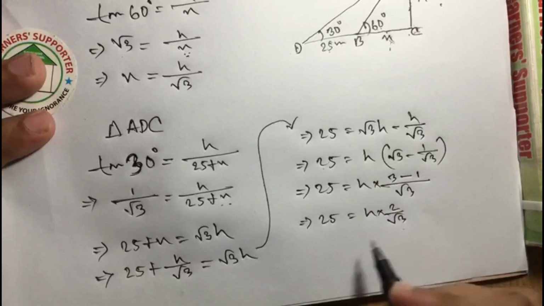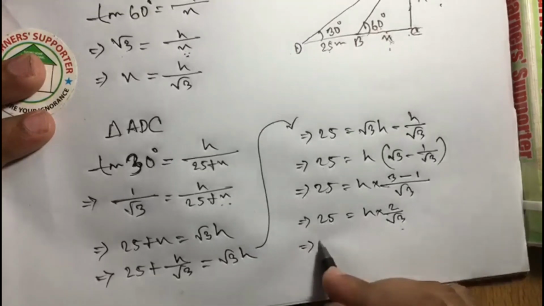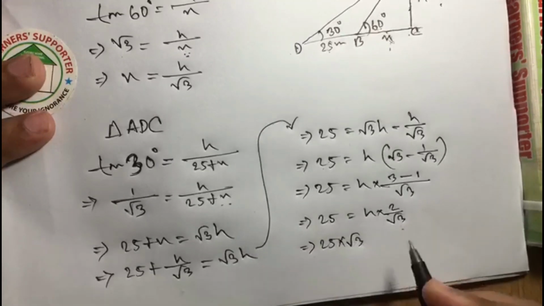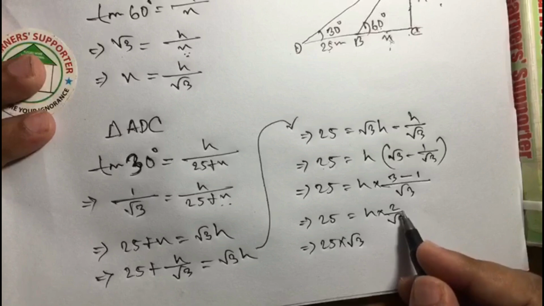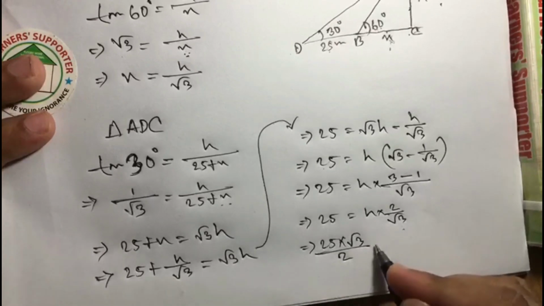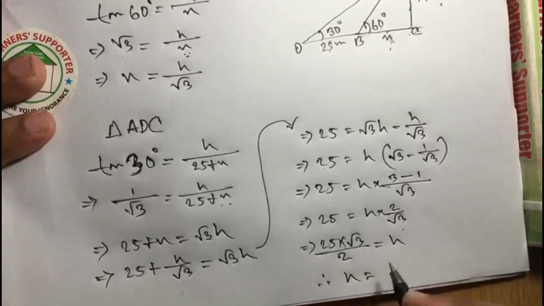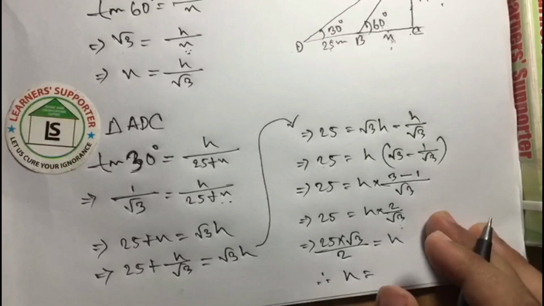If I transfer the root 3 to the left side, it is in division on the right side. On the left side it will make 25 into root 3, and 2 is in multiplication on the right side. When it transfers to the left side, it will go in division with h. Now after calculating 25 into root 3 divided by 2, I will get